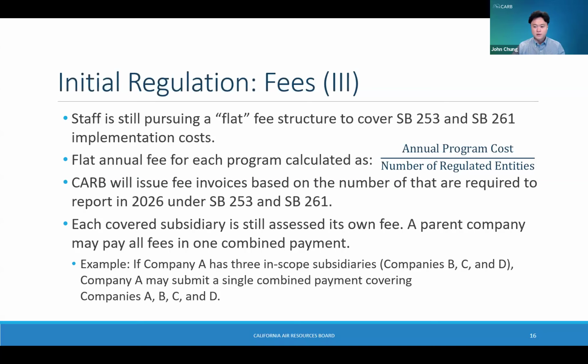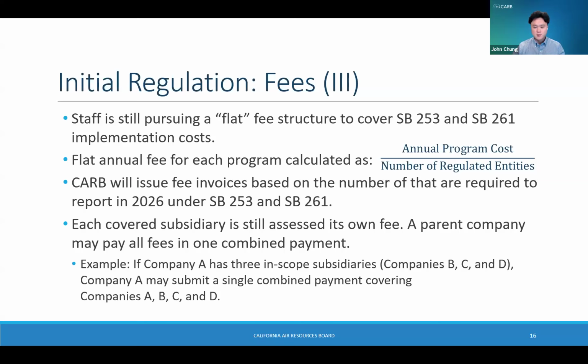Entities covered under both regulations will pay two fees total, one for each regulation, as each of the two fees recovers CARB's costs for a different reporting program. The flat fee for each program is calculated as the total annual program cost divided by the number of covered entities. Invoices will be issued after the board adopts a regulation and the fee schedule is finalized through the rulemaking